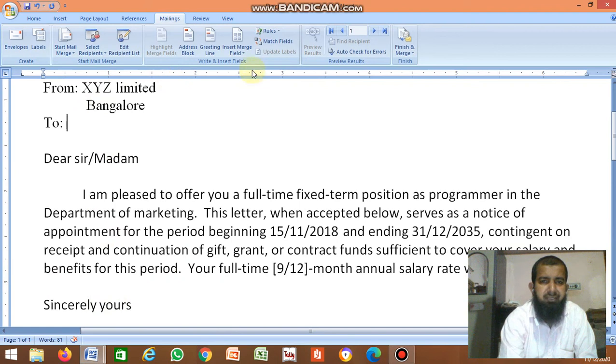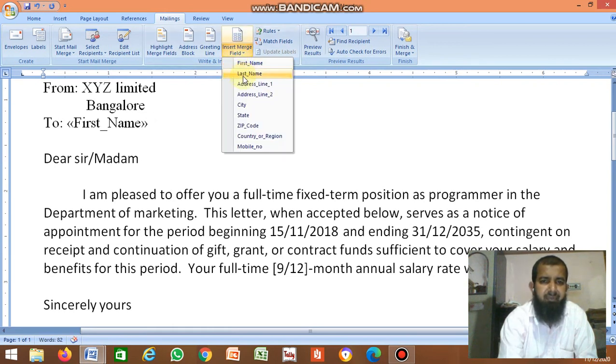So here, go to Insert Merge Field. If you want first name, click First Name. Then give a space, then last name.